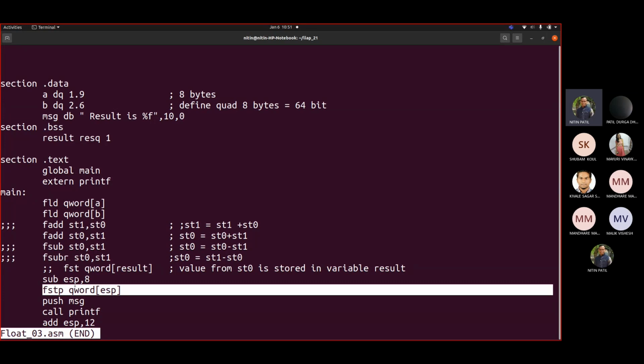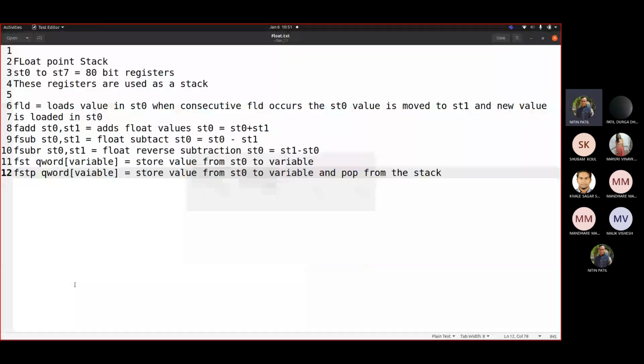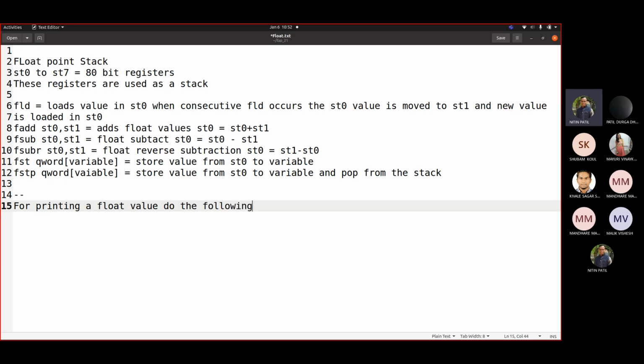Fine. Now let us try to write 2 pi r as a code. Now we saw the instructions. So here let me add: for printing a float value, do the following.